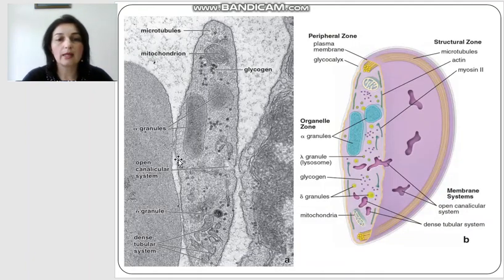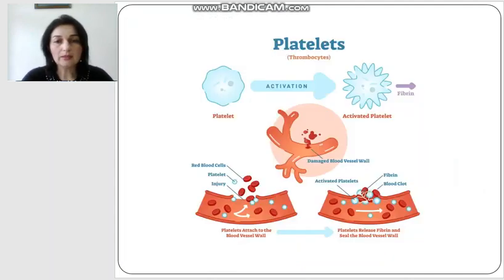Here you will see the electron microscopic representation of the megakaryocyte. The granules inside, you can see here the glycogen granules, mitochondria, and here is also a section of the platelet. And when the vessel is damaged, we can see here that when the blood vessel wall is damaged, in that case